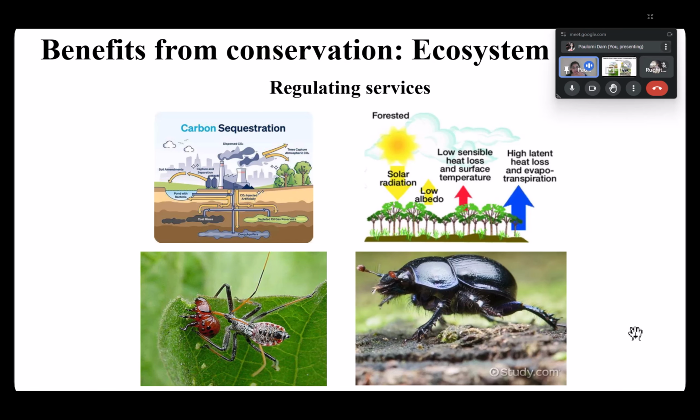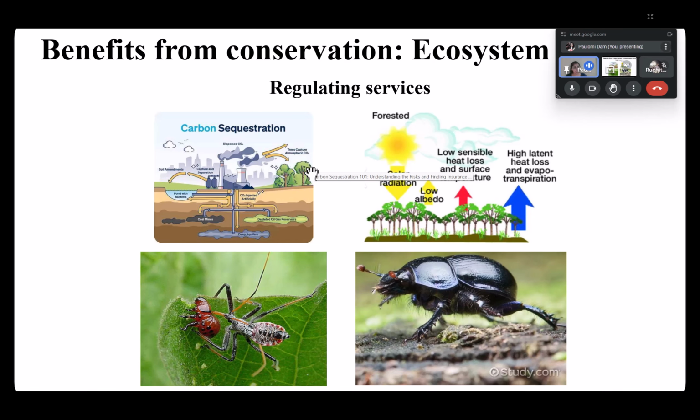Let's see one of them. For example, carbon sequestration. So we have read this, we have looked into this in the previous sessions, right? Carbon sequestration basically pulls carbon from the environment into the earth, and then they store carbon in different forms. That's because you're trying to reduce carbon from the nature, which is actually the causing factor of global warming.